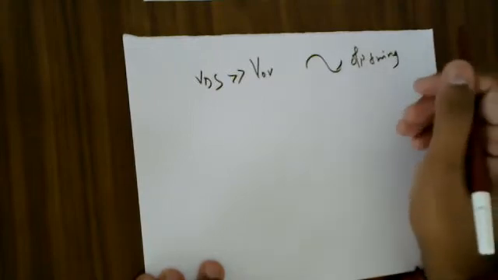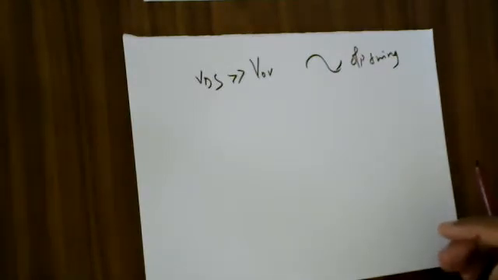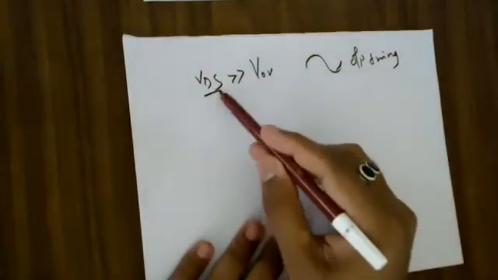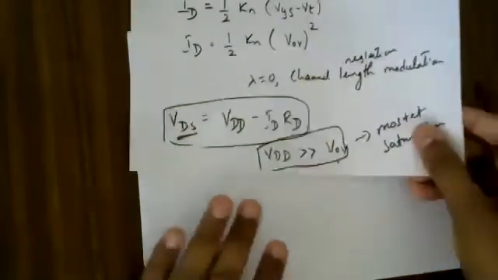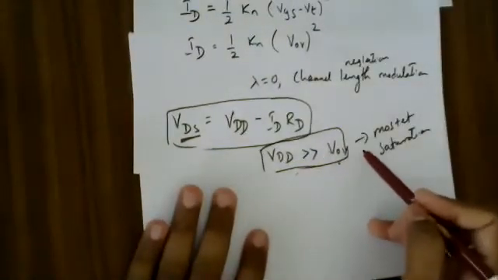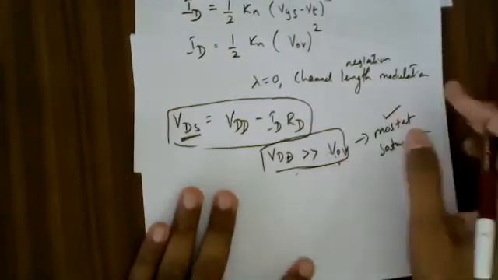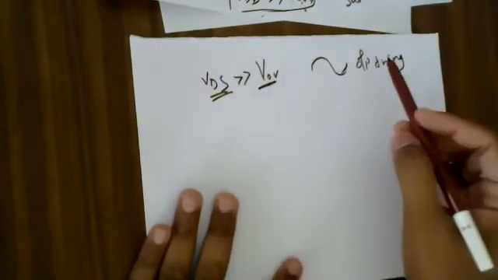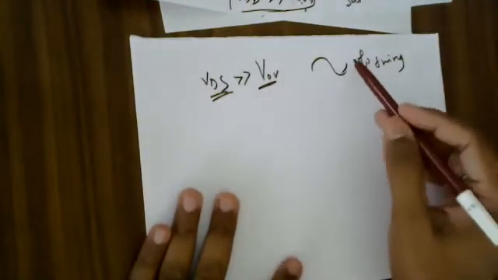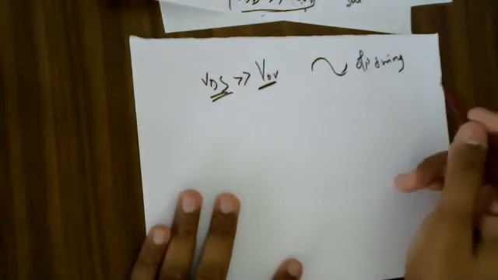Okay, at a later part, after covering all the DC analysis, I'll work on the graphical representation of this concept, so that we come to know why my VDS has to be much greater than VOV, and also why my VDD has to be much greater than VOV. If VDD is much greater than VOV, it means my MOSFET is in saturation. If my VDS is much greater than VOV, it means I'm going to get a good desired output voltage swing on my output terminal.